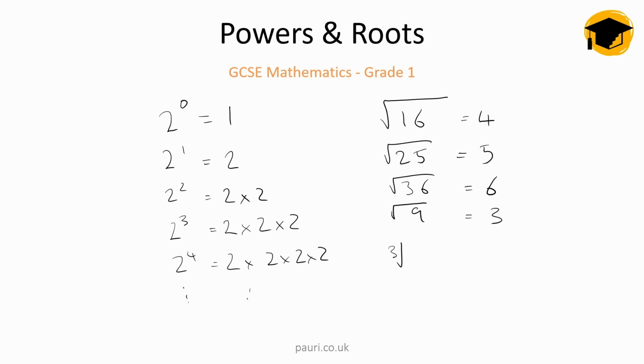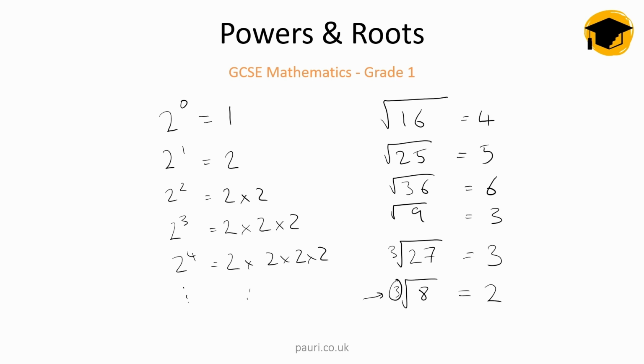You can also get cube roots as an example. A number times a number times a number gives 27. So that number is actually 3. So 3 times 3 is 9. 9 times 3 is 27. Could do one more. Number times a number times a number is 8. Answer here is 2. 2 times 2 is 4. Times 2 is 8. And you get square roots, you get cube roots, and you can do the same idea